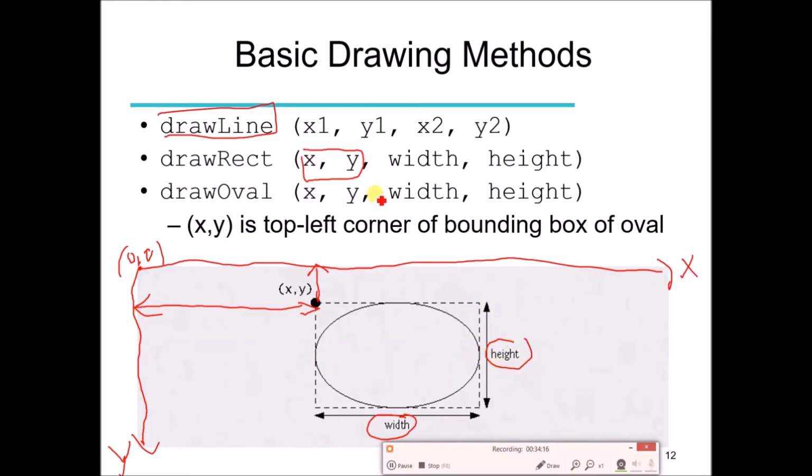When these 4 parameters are passed to this method, it is going to draw the rectangle, which will be drawn from this position, specified by the given width and the given height. So this is the example of how we can draw a rectangle in Java with the built-in method.